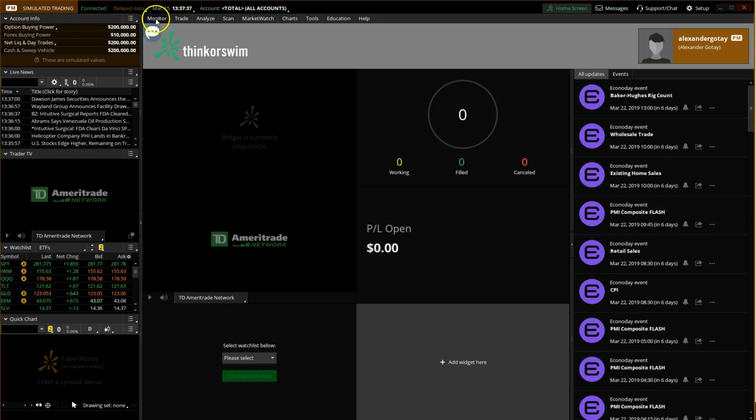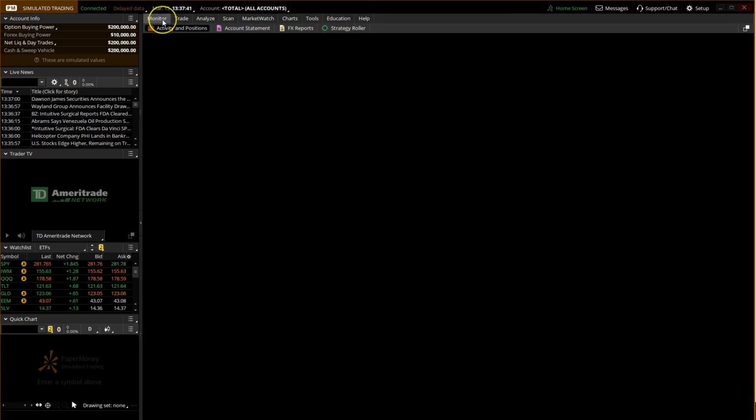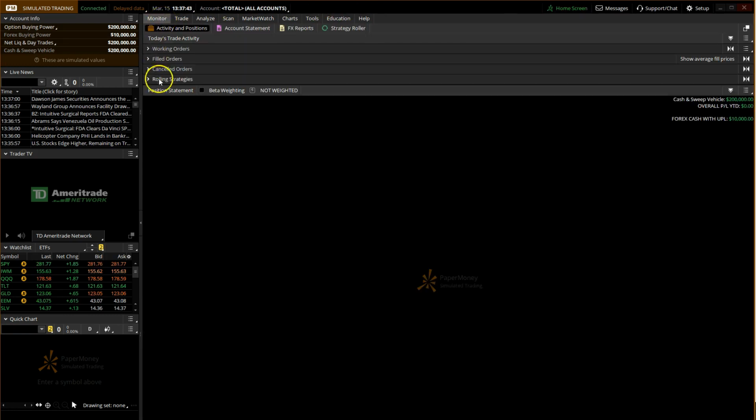The first thing we need to do is go to these different tabs to choose from. Let's go first to the monitor tab, and here you'll see your portfolio, all your different trades. Let's first put this in an easier way to understand. The first thing that I like to do is go to setup, go to application settings,